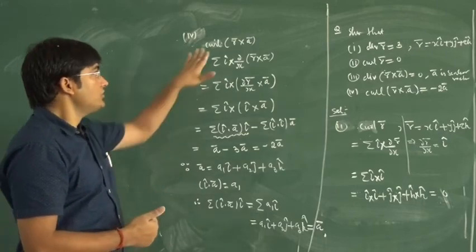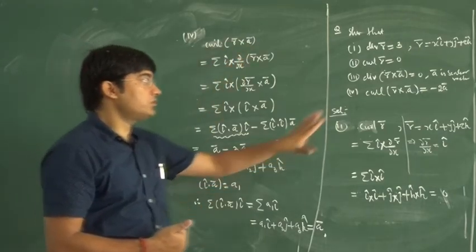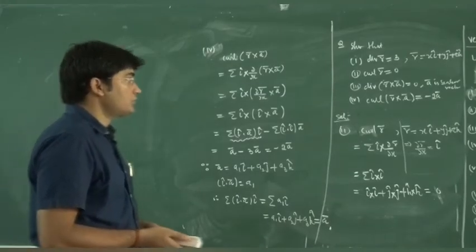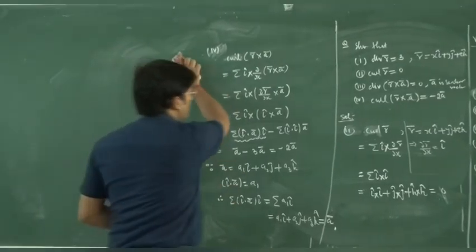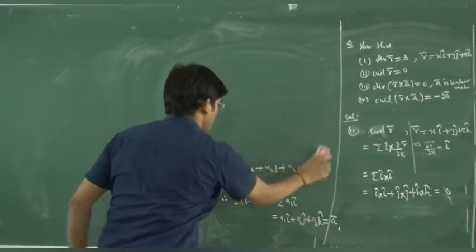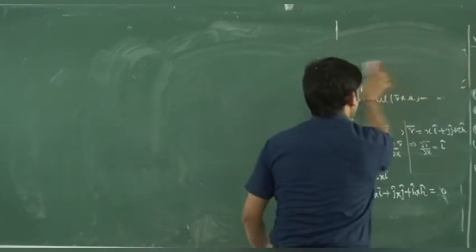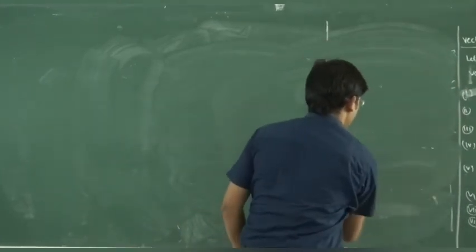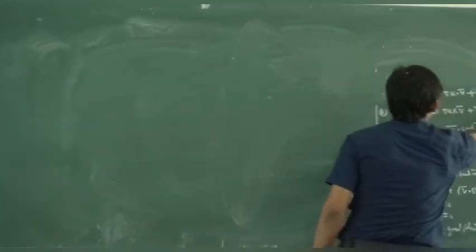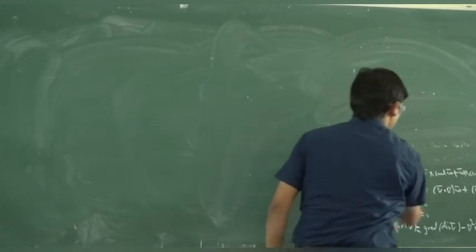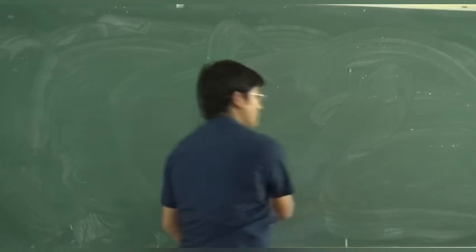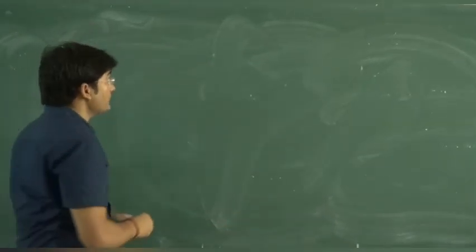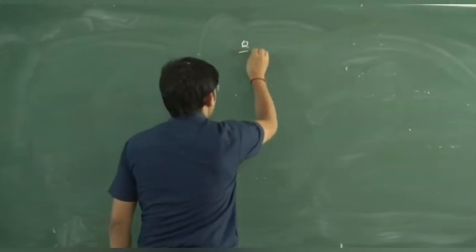So therefore, the curl of r cross A is equal to minus 2A. This was the proof of these four parts. Now let us solve some other question. So our next question is, show that